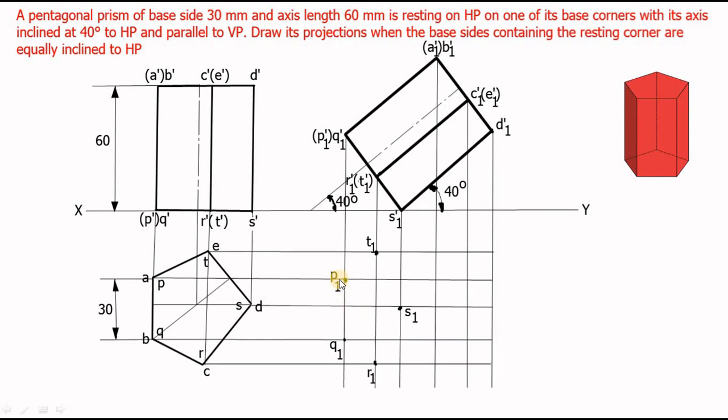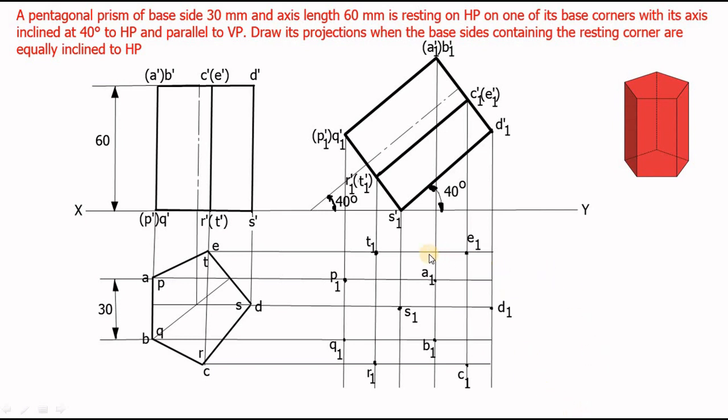So let us name these meeting points as P1, Q1, R1, S1 and T1 as it meets. Okay, so since T1 dash and T meet here, it can be named as T1. So likewise you have to name all the points. Similarly on either side, A1 dash, B1 dash is there. So A1 dash and A will meet at A1. Okay, so like that you can mark all the meeting points here and name those points as A1 up to E1. Clear? So now listen carefully.